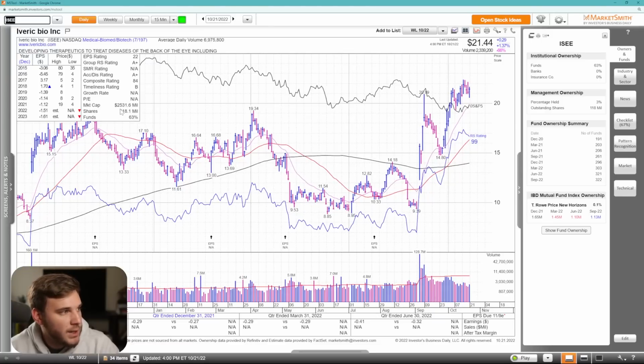ISEE, very small name, just 2 billion, but super powerful up here, going from 10 to 20 in 2 weeks, 3 weeks right here. And definitely a more volatile name. You don't want to go full position size on this one because it can move quite a bit, but super strong prior strength off the bottom, now consolidating, pulled back, moved back up, super strong, and now forming some type